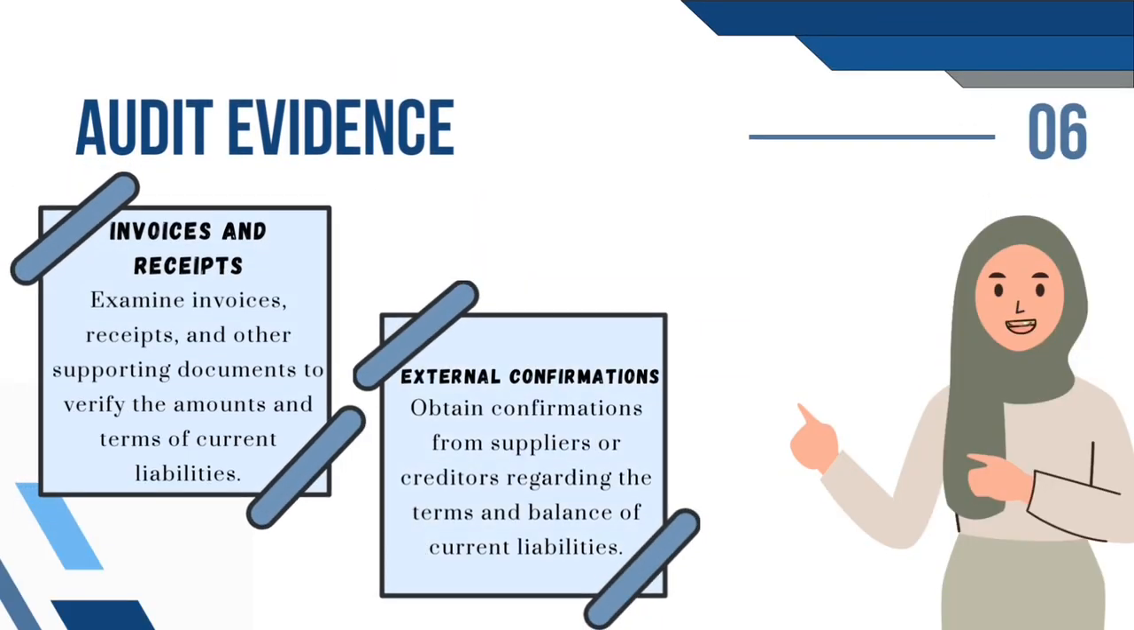Next, the types of audit evidence obtained. Audit evidence is what they collect as proof. First, invoices and receipts used to verify the amount and terms of current liabilities. Second, external confirmation. Auditors get information directly from suppliers or creditors about outstanding balance. Then, board meeting. Auditors check meeting minutes for approvals related